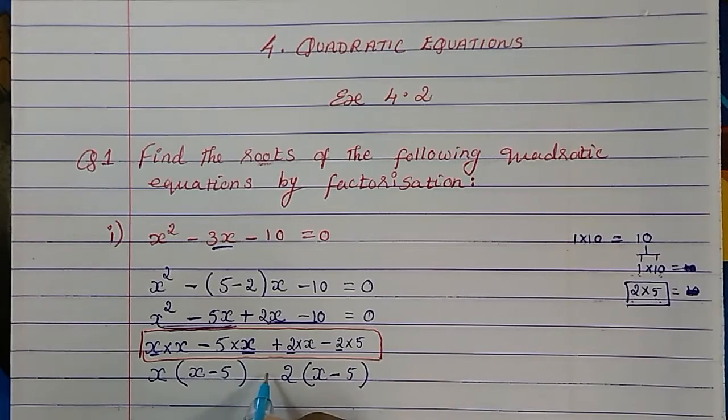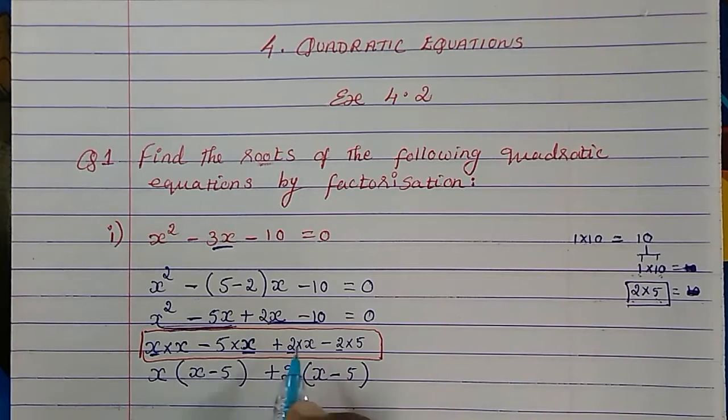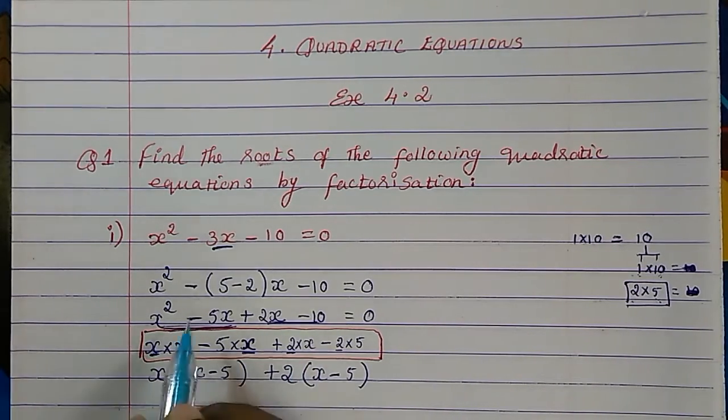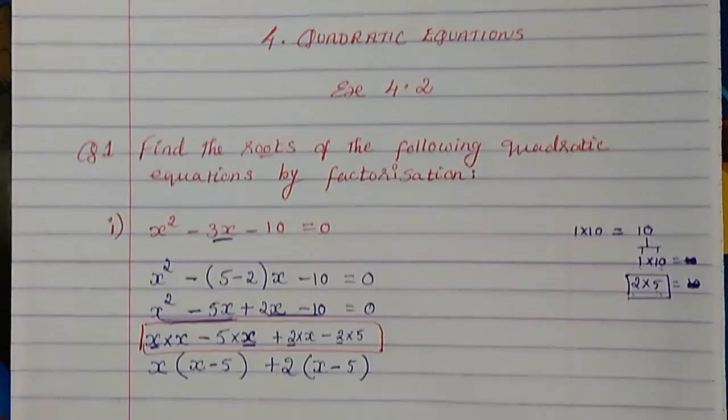Now here, to put plus or minus, what do we have? Here we have plus 2. So if I put plus here, 2x will become, then plus into minus will become minus, so plus. Now just multiply and see whether you are getting this step or not. x into x will be x square. Then minus is there, then x into 5 will give us 5x. Now here 2 into x is 2x, then minus is there, 2 into 5 is 10, then plus is there. That is one way of doing.